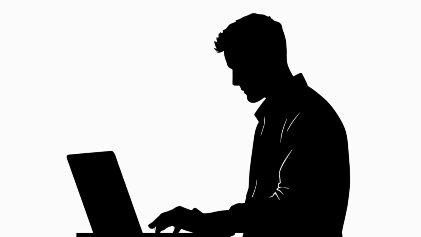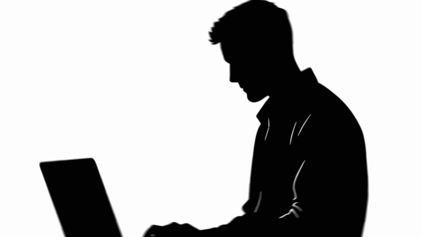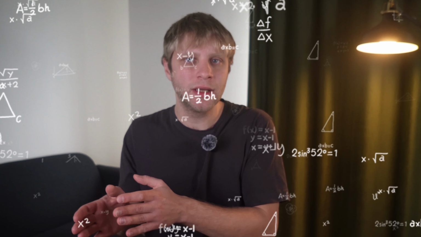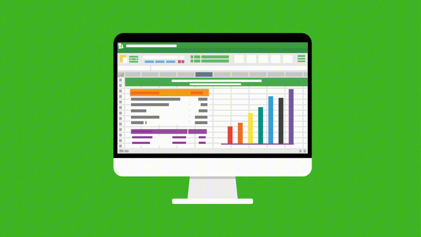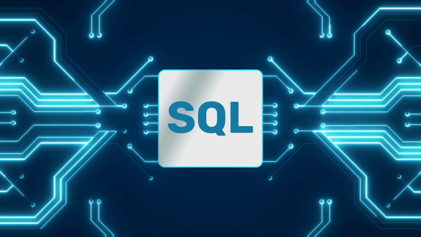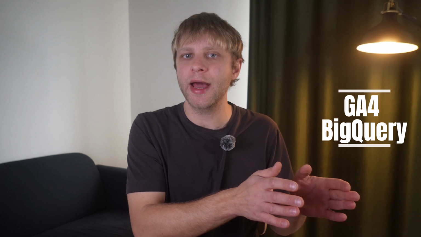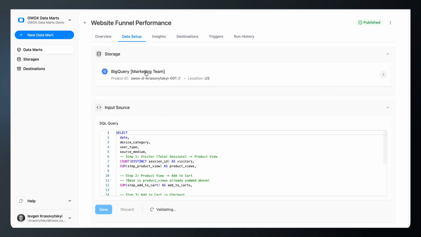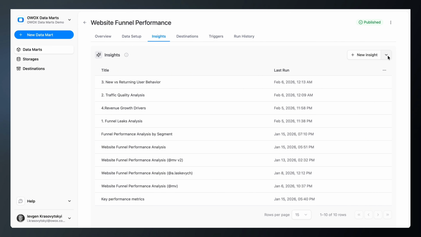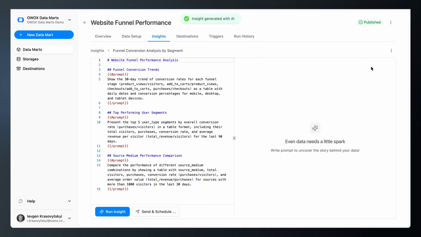You don't need to build an N8N workflow for doing this. You don't need to spend hours finding insights in the data. All you have to do is just connect your data by creating a data mart, and this doesn't necessarily have to be advertising or connector data. It can be any data. Your existing warehouse table, custom SQL query, view, table pattern like events table from the GA4 BigQuery export, or our connector. Whatever data you have, just open an existing data mart, click Insights, use our assistant to generate the prompt,